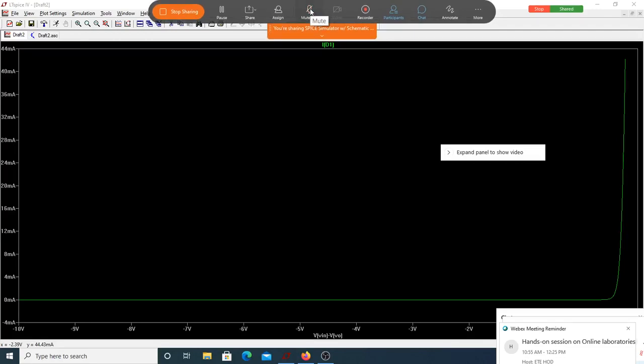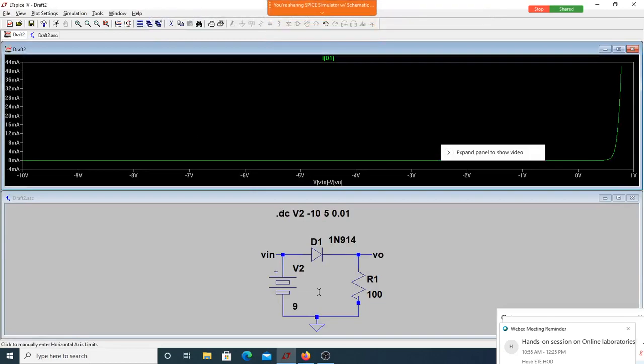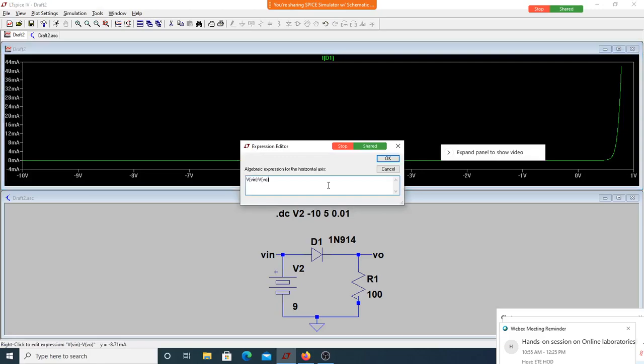Okay, is that fine with all of you? Irrespective of where you're placing the diode, it should not matter. So don't think that you'll get the IV characteristics only when you put the diode over here. You can put it anywhere. Make sure that you are measuring the voltage across this, because this is plus, this is minus. That's why you wrote it as V of V in. It has to be V of V in.